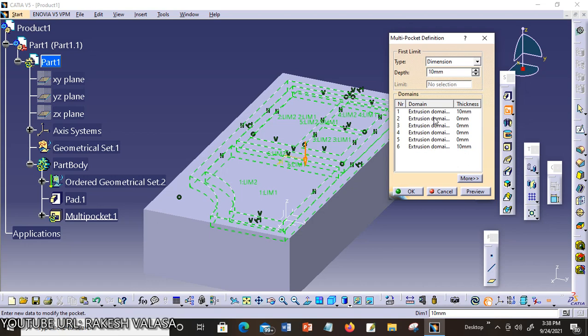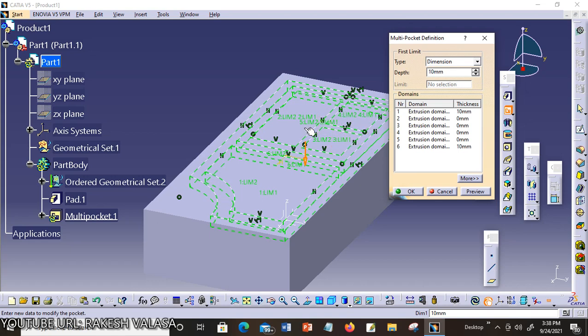Next, one important note is that you can multi-select extrusion domains from the list before defining a common length. Just choose multi-select, choose the extrusion domains, and next enter the common value for the selected extrusion domains. For example, you can see here these three rectangles, 1, 2, 3.